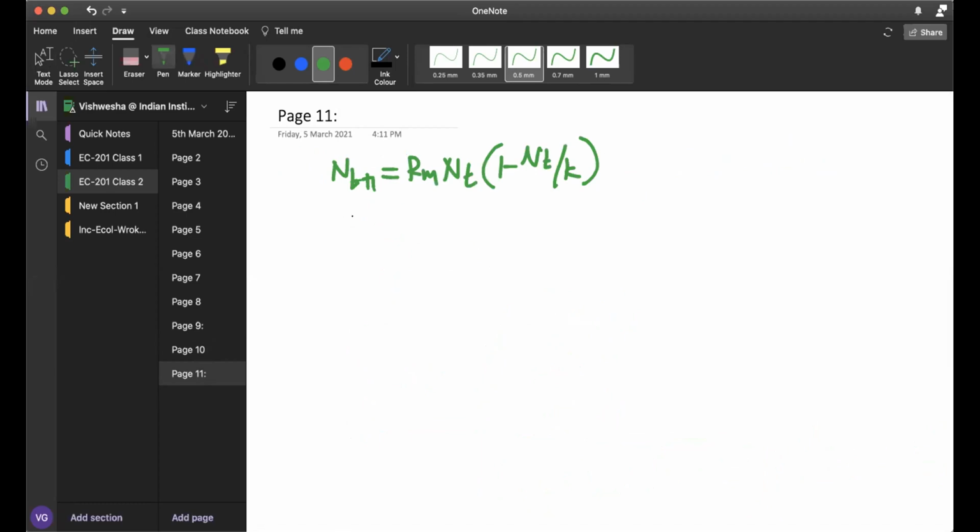One very useful thing to do whenever you have a mathematical equation with a number of parameters is to see: can I get rid of some parameter values? This might sound really bizarre. Why do you want to get rid of some parameter values? If it is possible to reduce some parameter values without losing the underlying biological features, it's useful to analyze the equations mathematically. It turns out that in this case we can simplify it. Let me define x of t as n_t divided by K. If I do this and then divide the entire equation